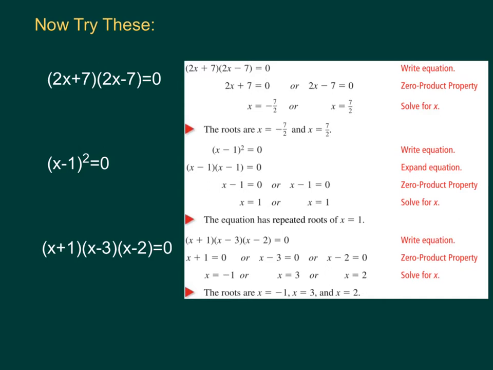One thing I just want to point out is that this middle equation, x minus 1 squared equals 0, does have two answers, but they happen to be the same. That's what we call a repeated root. Those are certainly allowed. And certainly from the first one, it's okay to have fractional answers,